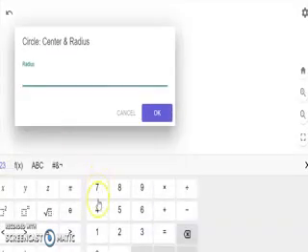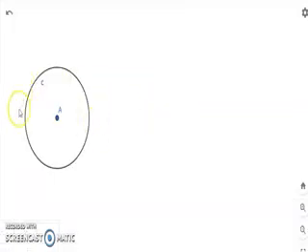Now construct a circle with radius 2 cm. Here I am taking radius as 2 cm. Now the circle C is with center A and the radius is 2 cm. Now I am going to construct